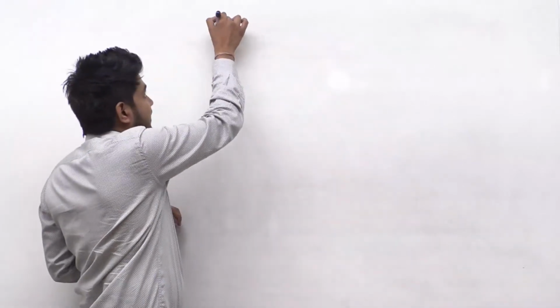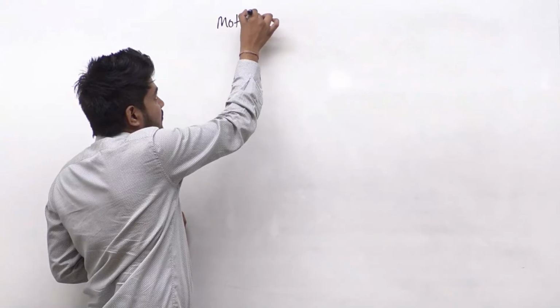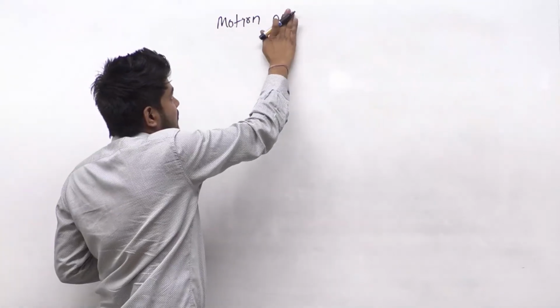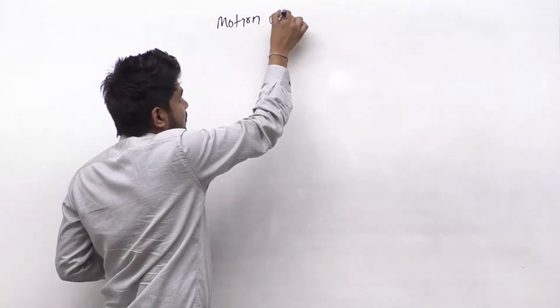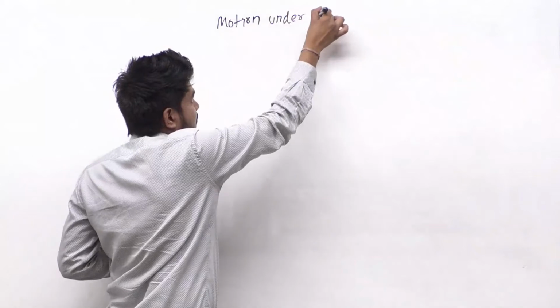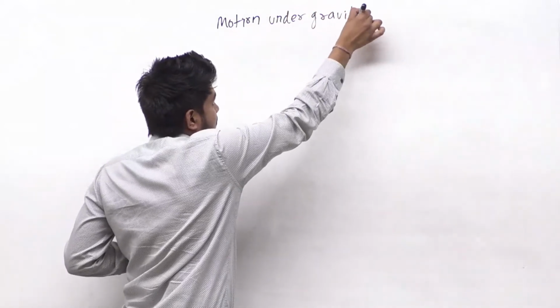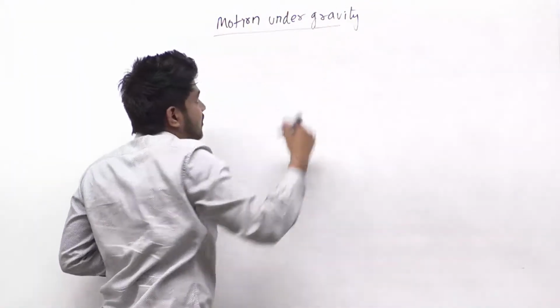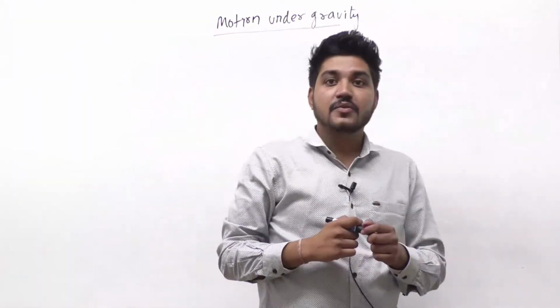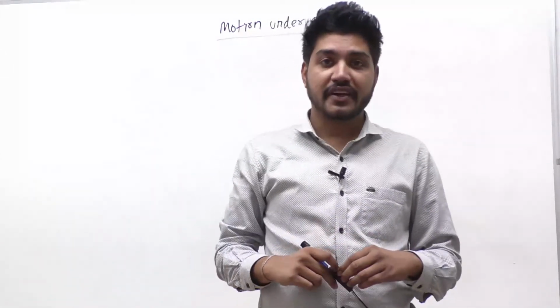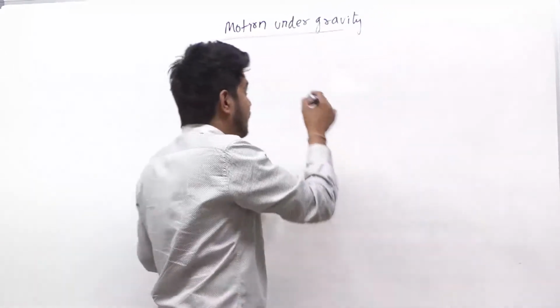Okay, so now we'll solve the problem based on motion under gravity. So as we know, the value of acceleration due to gravity is 9.8 meter per second square,